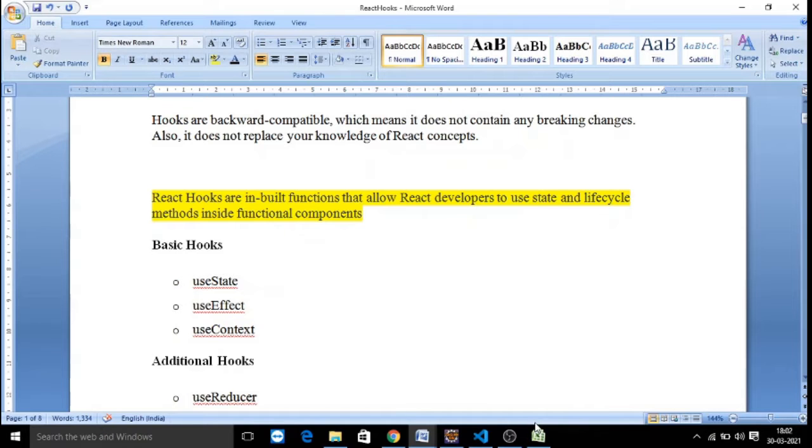In this video we are going to cover useEffect, then useRef, and also custom React hooks, how to create them, and async await functions. All these React hooks are going to make React applications more compact and also more performant, faster. So let's look into the example.